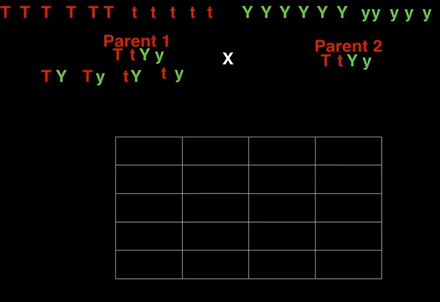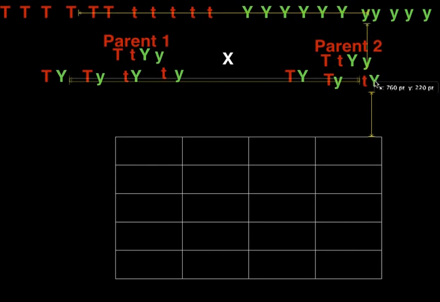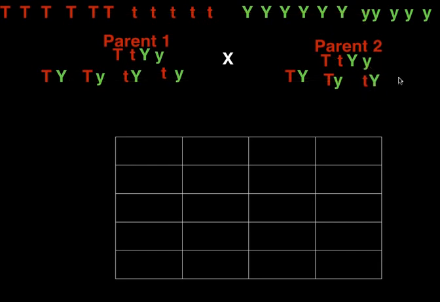Likewise, on the other side, the same thing's going to happen. Big T, big Y. Big T, little y. Little t, big Y. And little t, little y. So both parents produce the same types of gametes, but there's 4 of them instead of 2 as we had